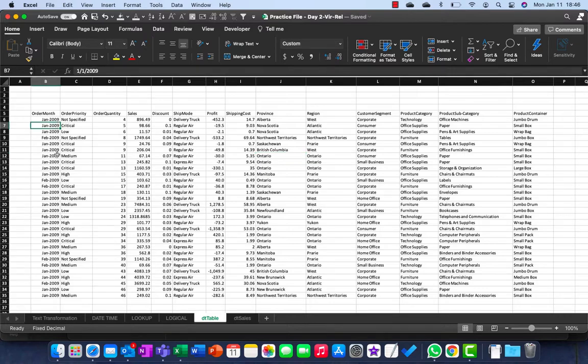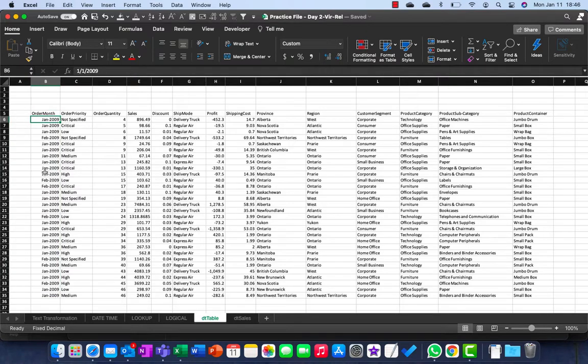So in Excel, Excel recognizes any data in a particular cell into two categories: either it's a text or it's a number. By default, any text values are left aligned, and any cell value which has numbers associated with it will be right aligned. And any column which contains a date is also right aligned because Excel treats